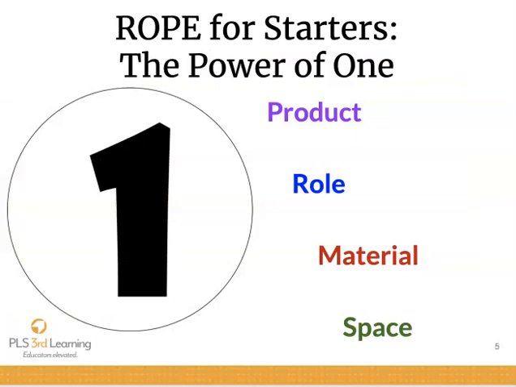Please write what I have written for ROPE for starters, the power of 1, on the bottom of page 35 in your manual. When we do starters, we use appropriate amounts of rope, which we call the power of 1. We call these parts of rope the power of 1 because we create group power when we tie groups together with rope by limiting the resources available to groups, limiting the roles that group members can play, limiting the products